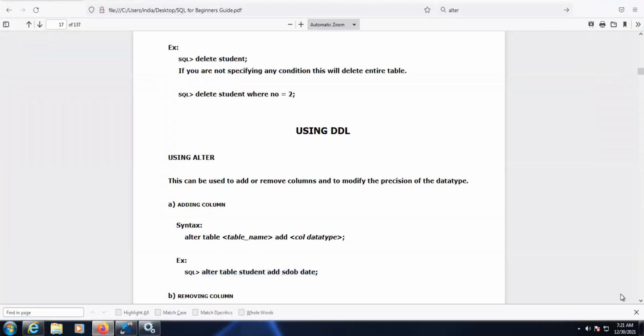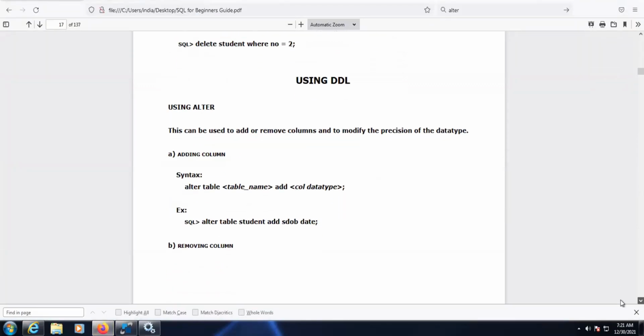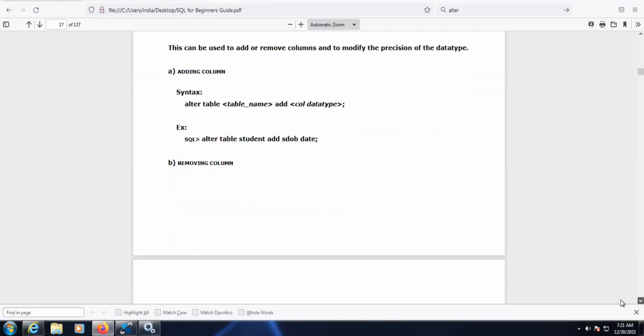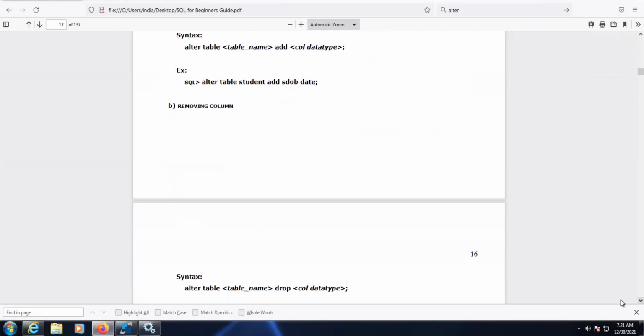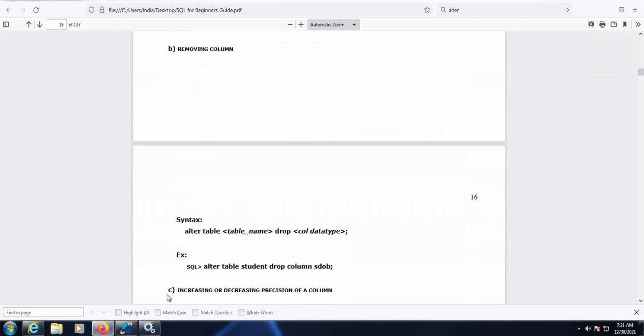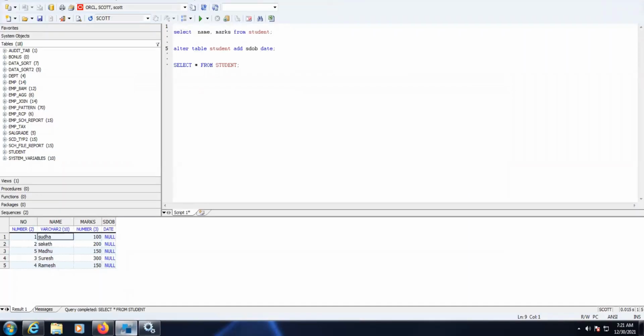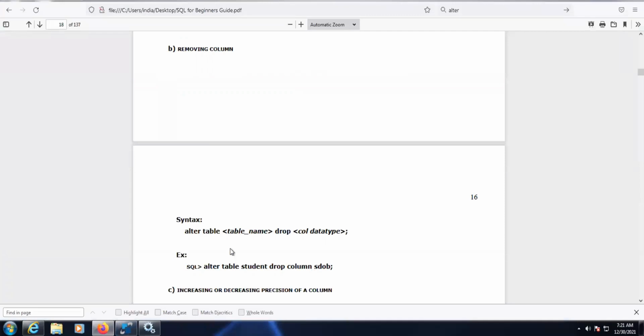So this is for adding a new column to an existing table. How to remove a column? To remove a column, you can use drop. Here you just need to provide the column syntax for removing a column in a database table. So alter table, table name, you need to use drop for removing a column.